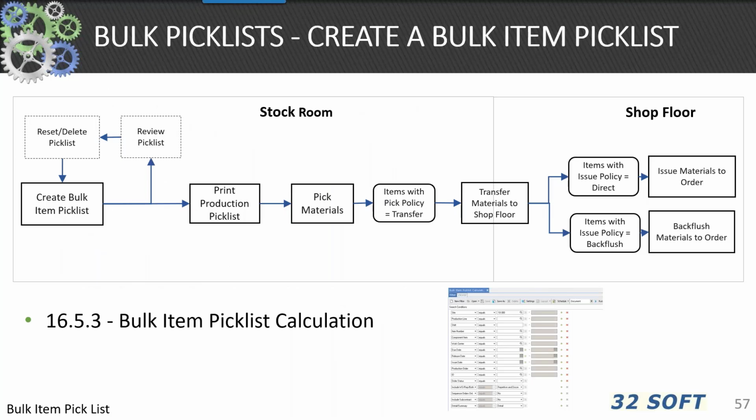Here's a basic flow of creating a bulk pick list with 16.5.6 bulk item print. It follows the basic sequence of create the bulk pick list, print the bulk list, pick the materials, and transfer. The 16.5.3 production order involves a significantly complex set of calculations that should be studied and optimized for production order